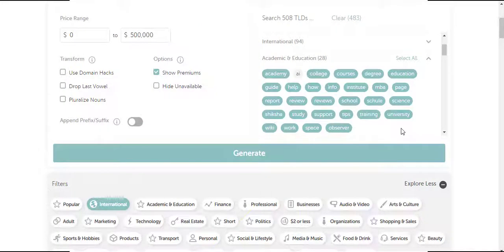.com, .net, .org, .co, .info, .biz, .xyz, .site, .website, .blog, and so on. There are a lot of top level domains. Another type of domain extension we have is